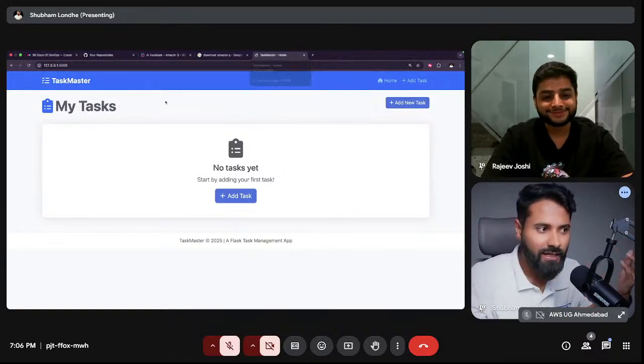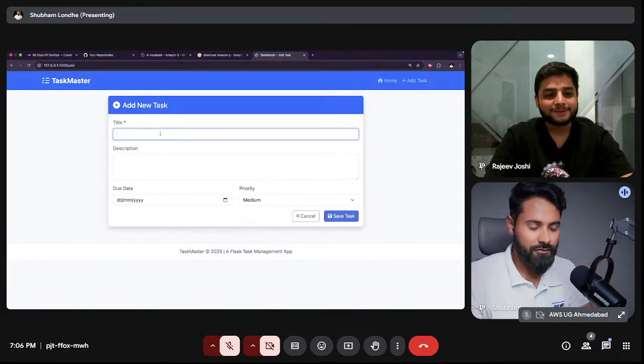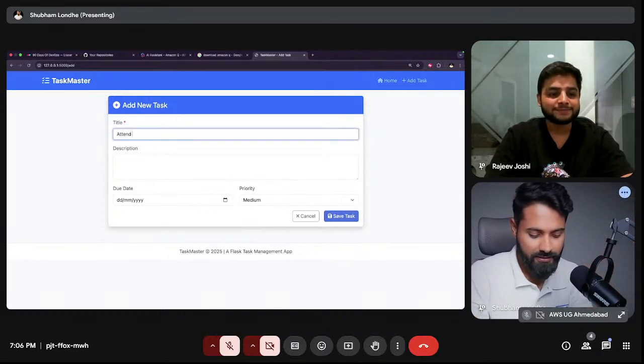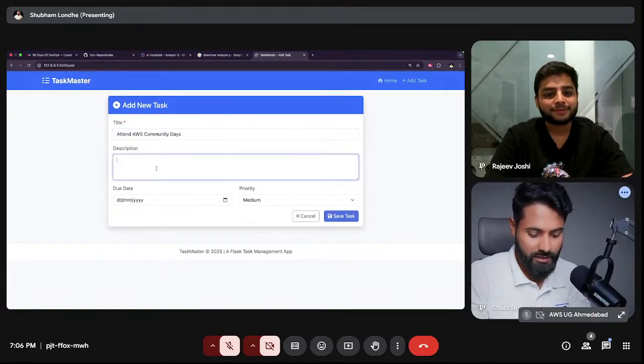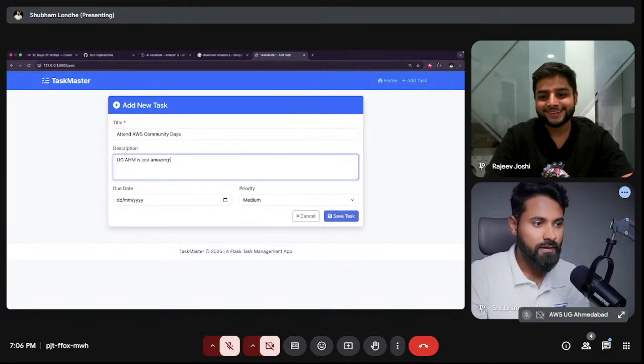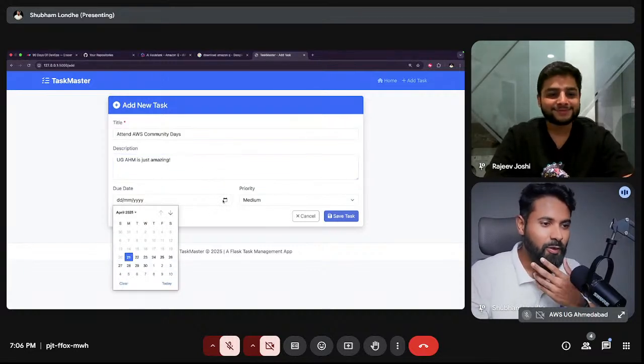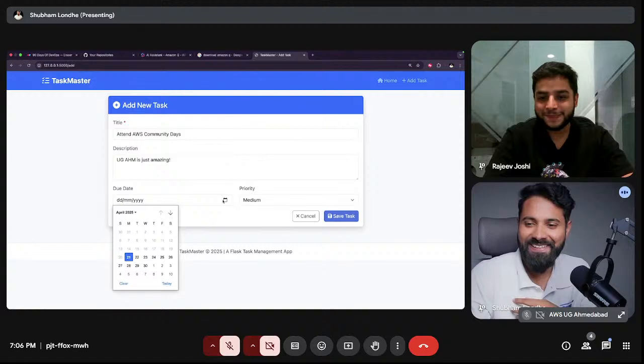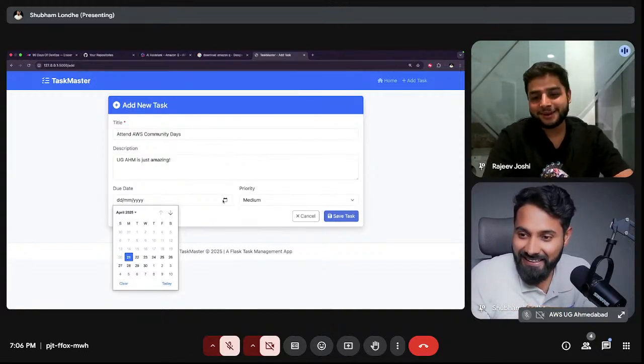You can add a task, for example, attend AWS Community Days. Description: UG Ahmedabad is just amazing. Due date, I don't know when is the next community day. Maybe, yeah, Nilesh, we just finished one community day in February.